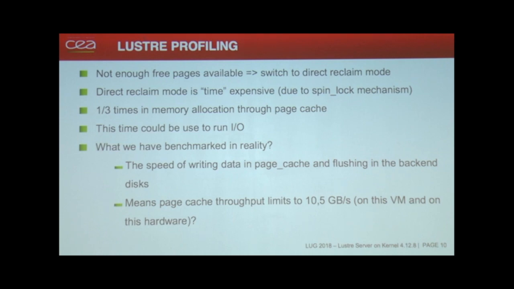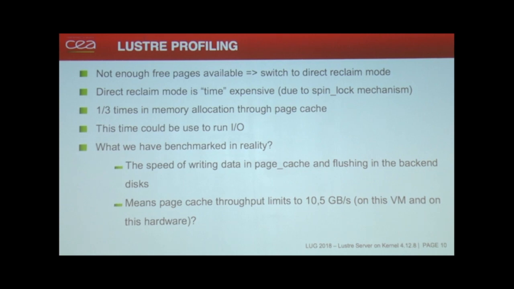That's a sum up here. And during the 30%, if we didn't have this page memory allocation, we could do I/O, of course. But Lustre doesn't work like this. To sum up, at this point, we can say, OK,